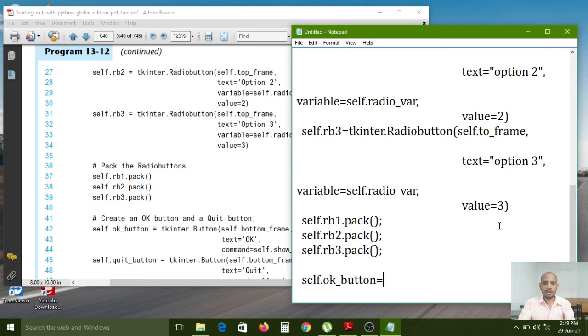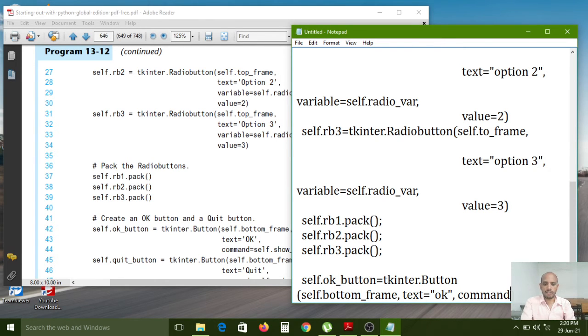So here I am using the tkinter Button class, the Button method. Where we have to create it: in the bottom frame, self.bottom_frame, comma, text equal to OK, comma, command.